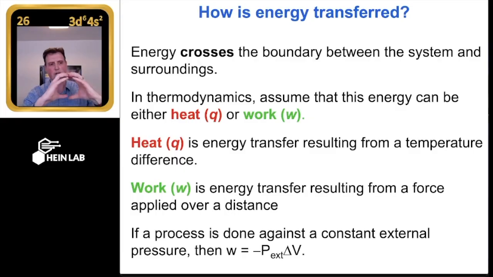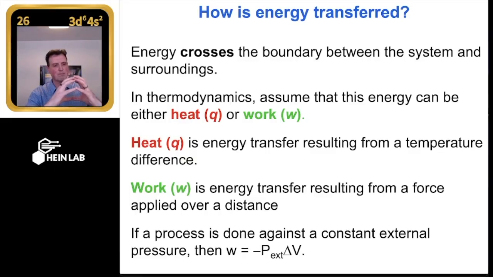What about work? This system, is it expending energy? Is it doing work? Does it have to push things back as it gets bigger? As it fights for more area, what is it doing? It's doing work, right? It is using up its internal resources to push the thing back. The thing it's pushing back, constant all around it, is the atmosphere. That's the external pressure. That does not change. This balloon getting bigger doesn't suddenly change the pressure of the atmosphere. That stays the same. So we say P external is constant. That's one part.